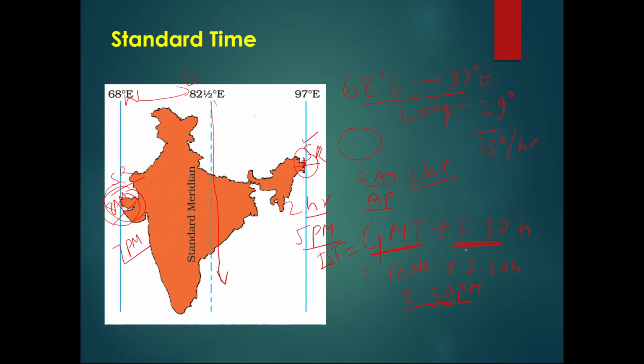If we calculate in angle, for 5 hours it will be 75 degree, like this is 15 degree multiplied by 5, plus half an hour, which is 7.5 degree. So this is 82.5 degree. So you can see it here, this is 82 degree and 5 minutes, and you can also see it here, this is the middle of 68 and 97, right? So this is the standard time of India.